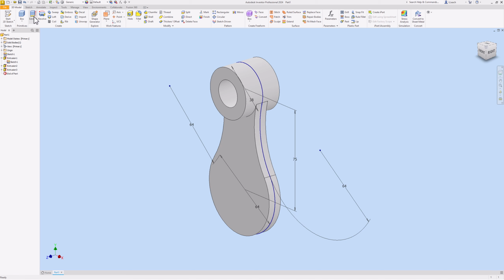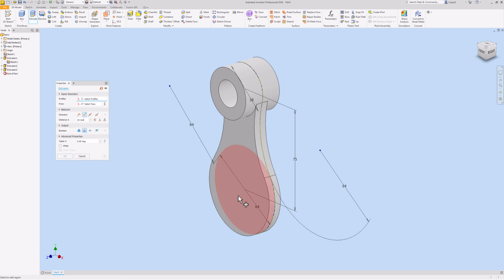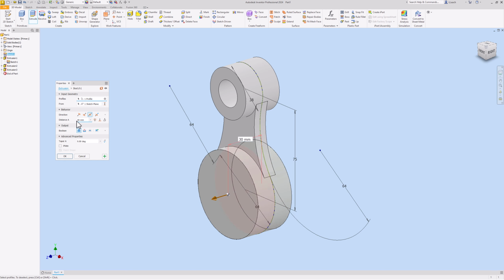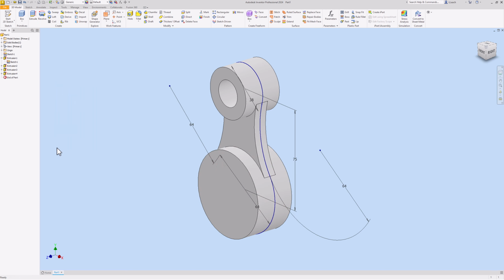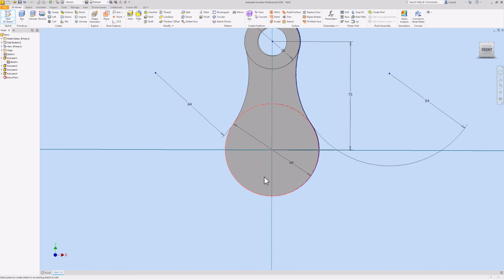I'm going to go to extrude. I'm going to look for this bottom circle that we made, that bottom circle there. Click on it, and I want to extrude it symmetrically. This is going to have a distance of 30. Click OK. So now I'm going to start a 2D sketch on this front face here